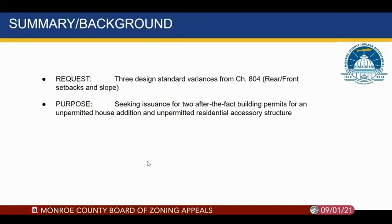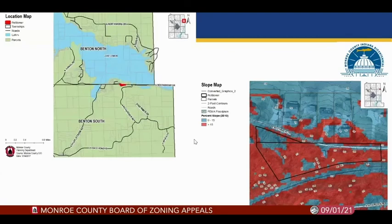The purpose of them is the petitioner is seeking issuance for 2 after the fact building permits for an unpermitted house addition and an unpermitted residential accessory structure. So this is located off of South Shore Drive. And you can see here the portion that's in Benton North Township is zoned SR, and the portion below is